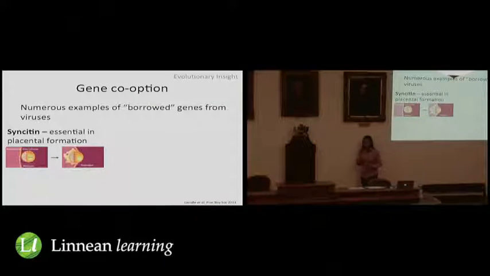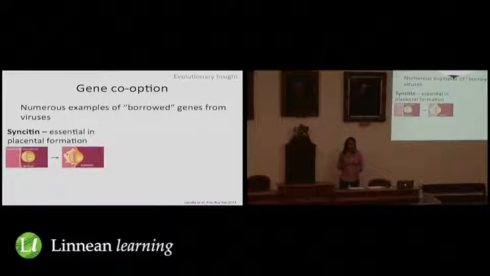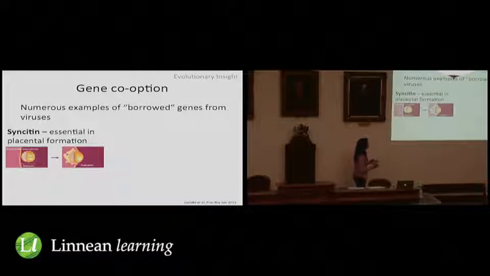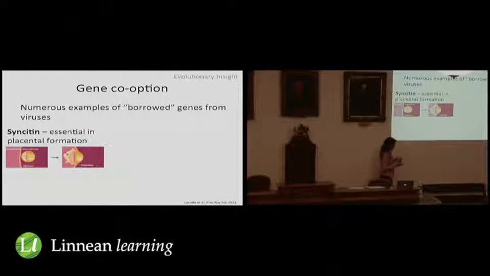So one of the reasons that we possibly keep all of this viral junk DNA around is the option of gene co-option. So what do I mean by that? There are numerous examples in the genome where we have stolen a virus gene and used it for our own benefit. One of the most famous examples of this is a gene called syncytin, which is essential in the formation